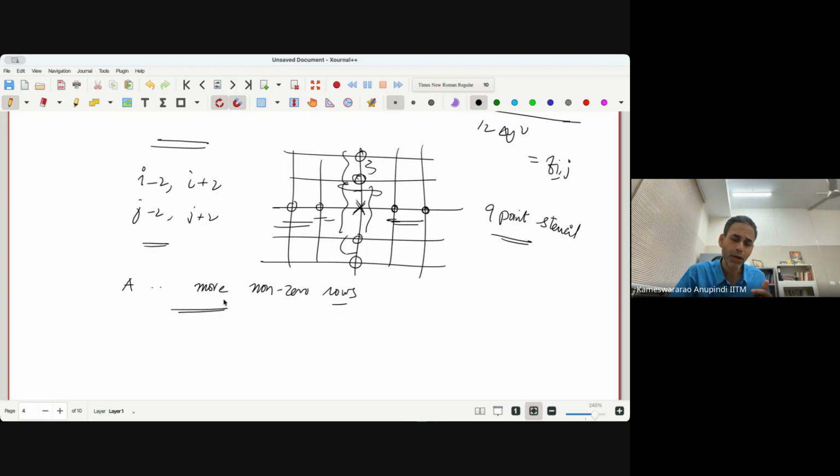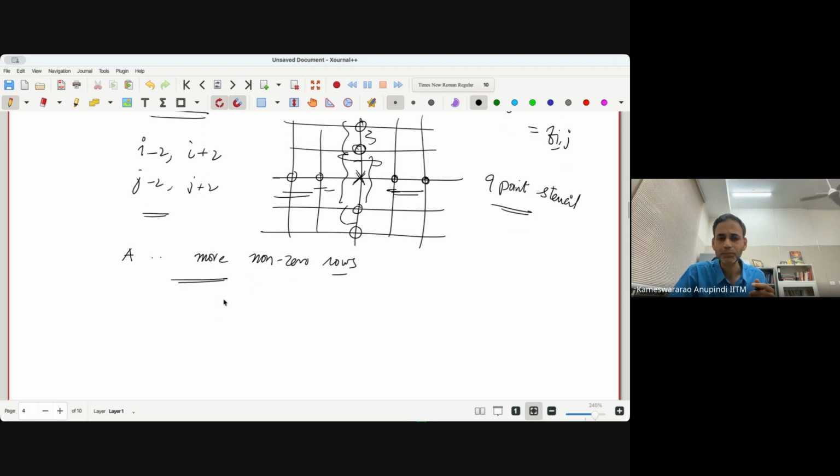The issue with higher order is that your stencil increases, and then there is applying boundary conditions. As you go closer to the boundaries, you will have difficulty applying higher order schemes, because they would want data from the other side of the domain, which doesn't exist. So we won't be able to apply higher order schemes very close to the boundary.